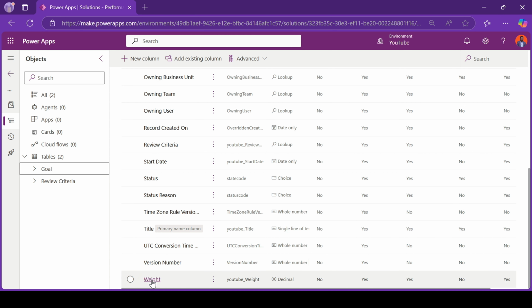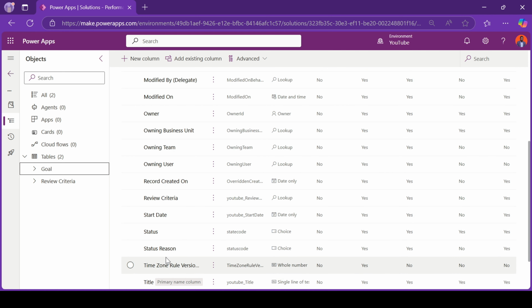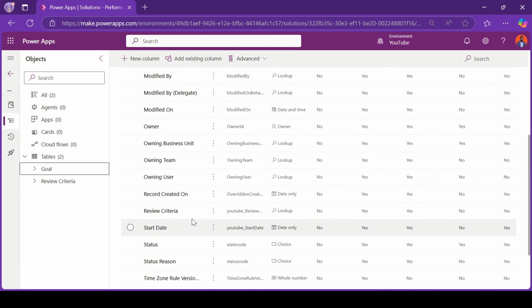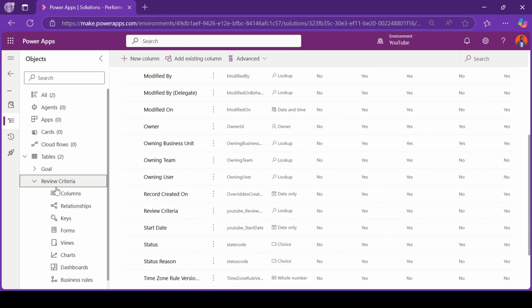Now for us to sum up the total weight of all the related goals, because we have this association of review criteria, which is a lookup from the review criteria table, in the criteria table we can go in under columns,